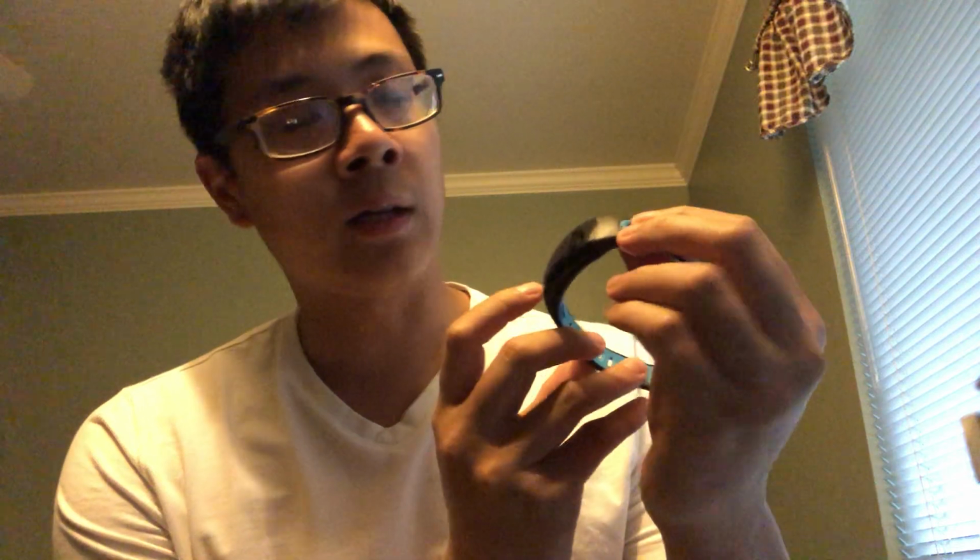So first and foremost, it has a very sleek profile. I thought it was much more stylish than the original version. So I thought it's worth it initially. But that was my initial thought before I bought it. Did it hold up to that